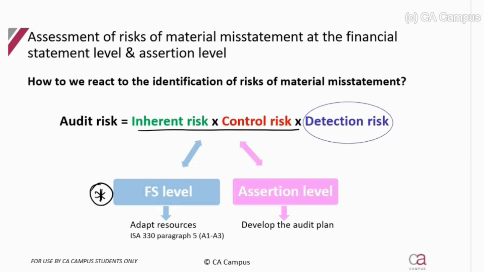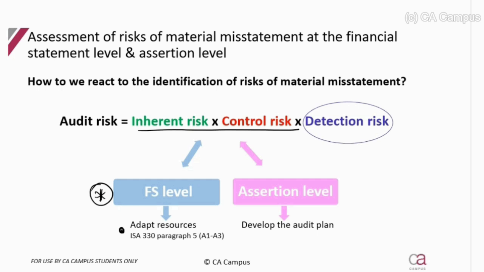At a financial statement level, we respond to those risks by adapting our resources. So guys, remember, once again, when we looked at planning, we said in part of the audit strategy, we need to calculate materiality, identify the risks, and respond at a financial statement level. And remember, we said the audit strategy helps us with our resources. So ultimately, responding at a financial statement level by adapting our resources is going to ensure our strategy has been adjusted for the risks at the financial statement level.